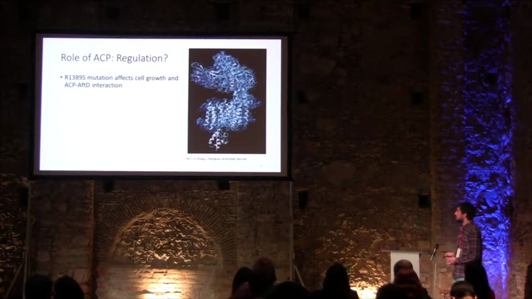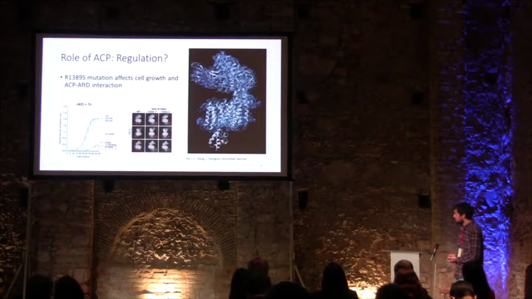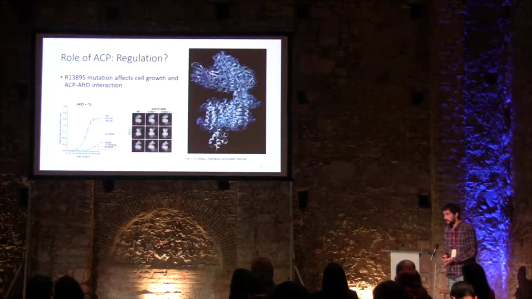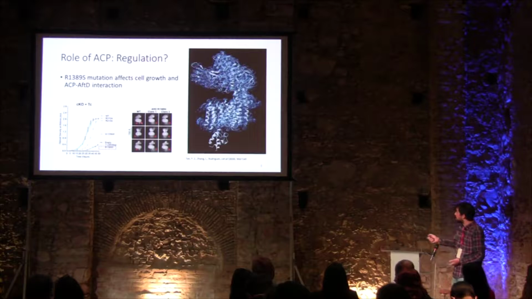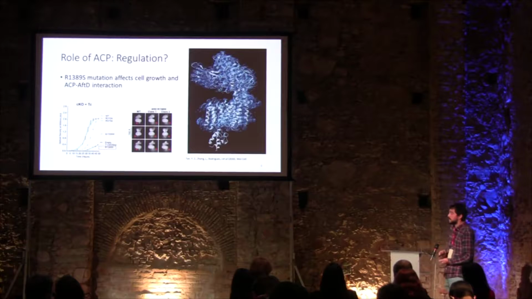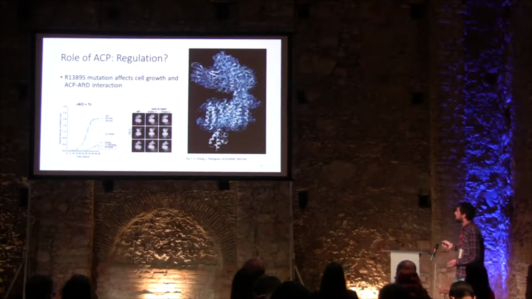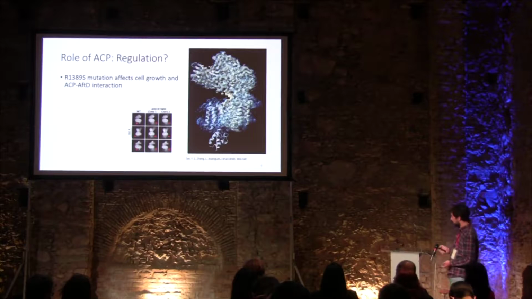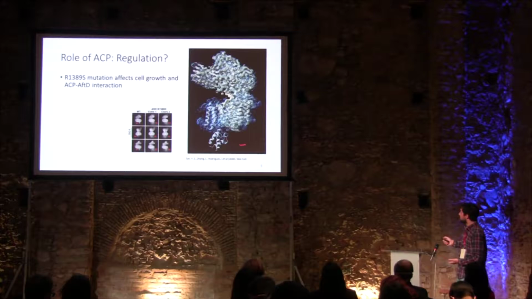So we also determined the structure by cryo-EM. And we weren't successful in abolishing the interaction. So if you can see the wild type, you can see the ACP density here very well defined, and the mutants, even though it's not well defined, it's fuzzy. So the ACP is still there, but it's more flexible. So therefore, we couldn't model the protein to the density.